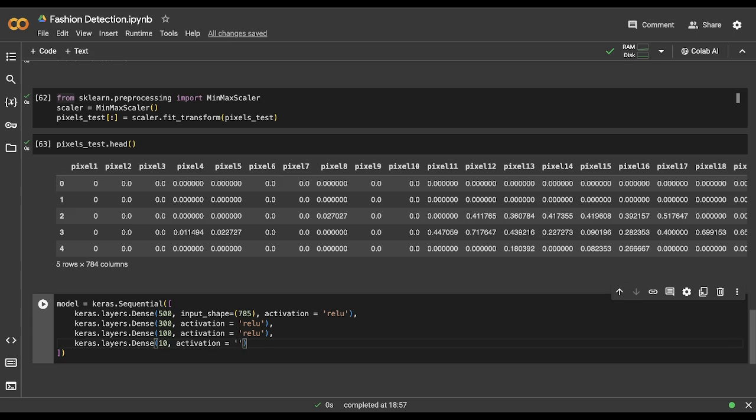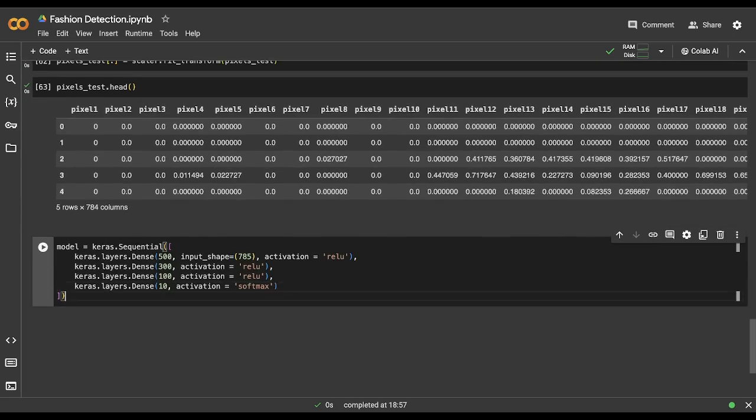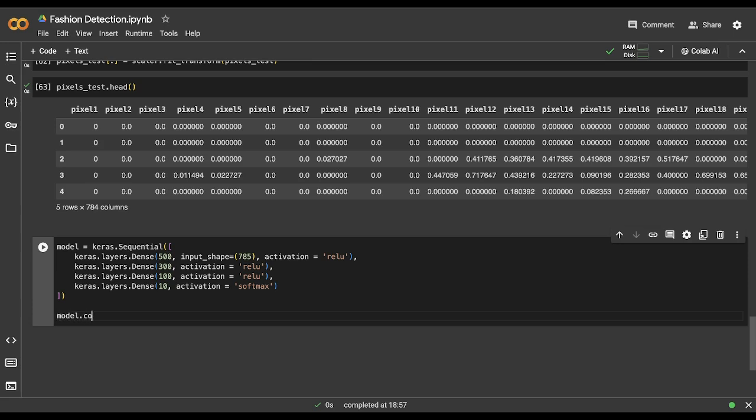When you are performing binary classification, the activation function is sigmoid. When you are performing multiclass classification, the activation function is softmax. So this is the model that we have built. Now we'll compile it, so we'll say model.compile.